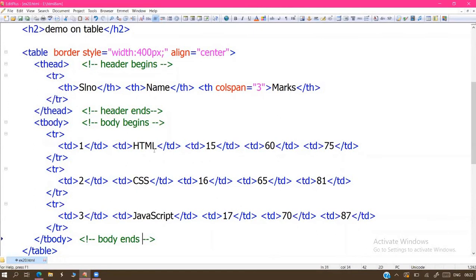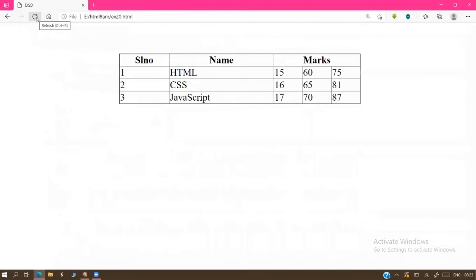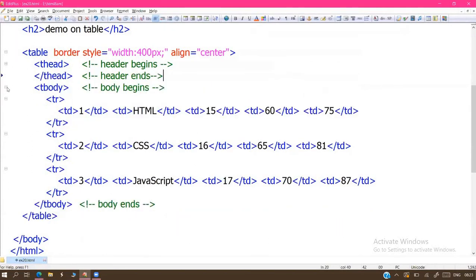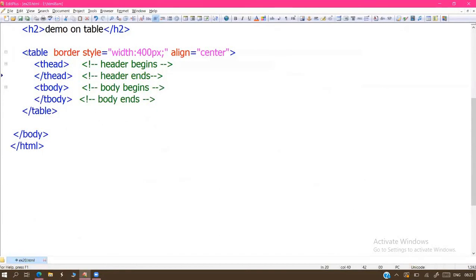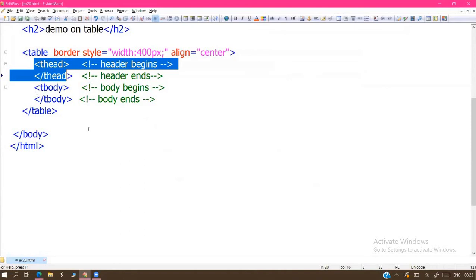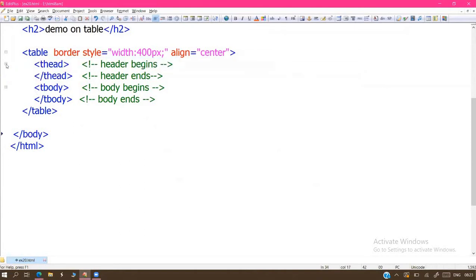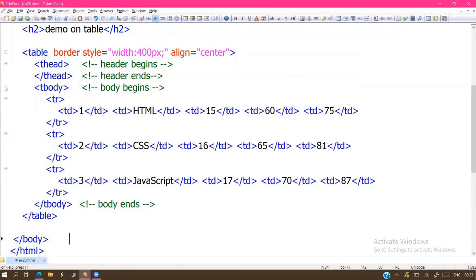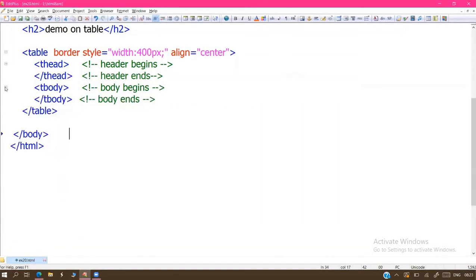So we divide the data into these two parts. After adding the two tags to the table, we get the same output, no changes. And what is the advantage of this design? Logical partition, I said, you will get the meaning of that. So this is a table. A table consists of two parts, head section and body section. Which section you want to see, expand that section.